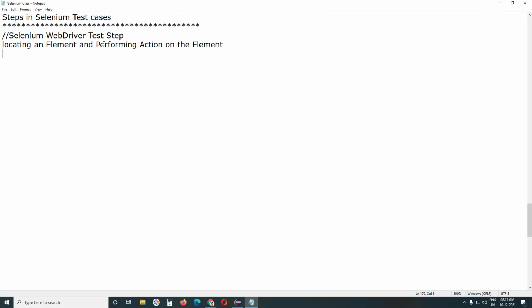The general step. Can you give an example for this one? Locating an element and performing action on the element. This is the general Selenium WebDriver test step. For example, click the Gmail link in the Google homepage. For example, like this: driver dot